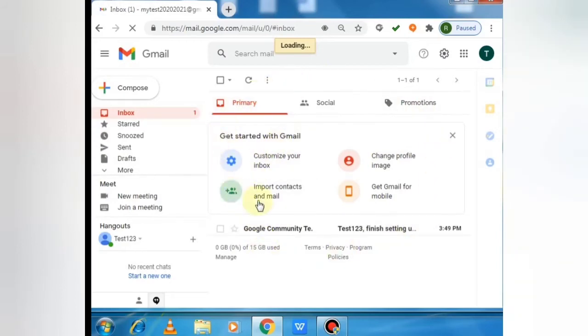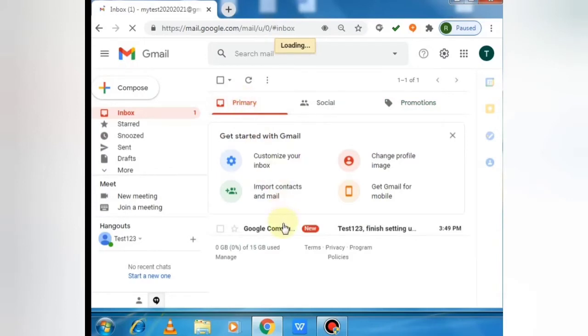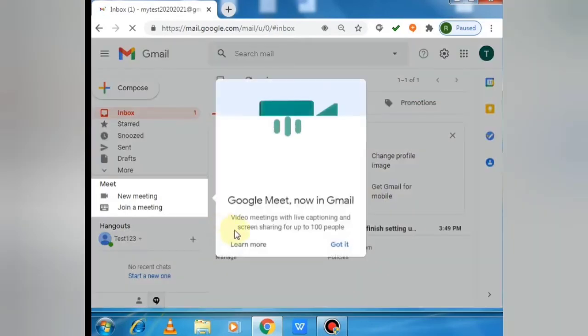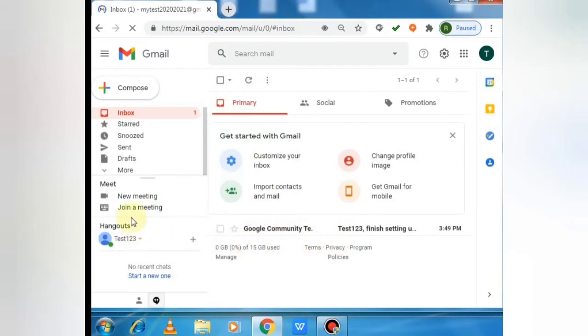And this is called the message pane, and this message pane contains all the inbox messages that we have received. Everything will be landing over here. So the primary messages will be there, social media messages will be there, promotional messages will be there. So here we have received a first message. This is the new feature which is available on Google nowadays. There is an option for creating a Google Meet and joining a Google Meet directly from our Gmail. This is the newly added feature of every Gmail account right now.